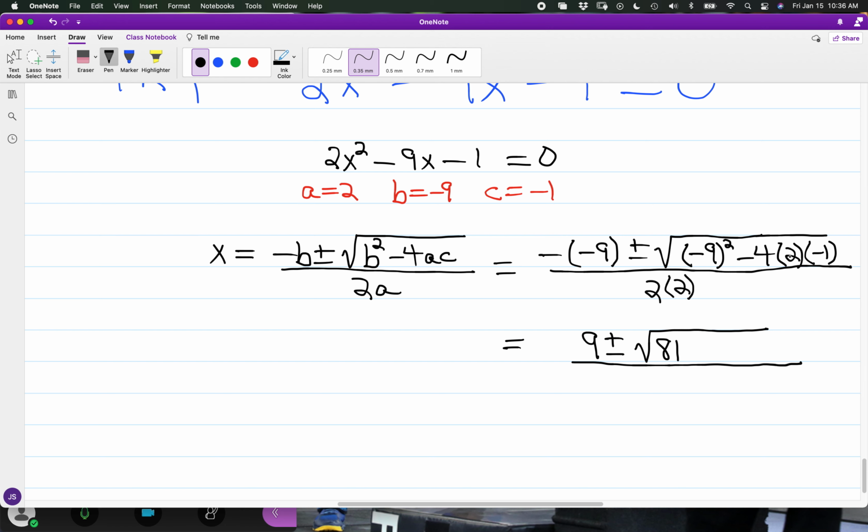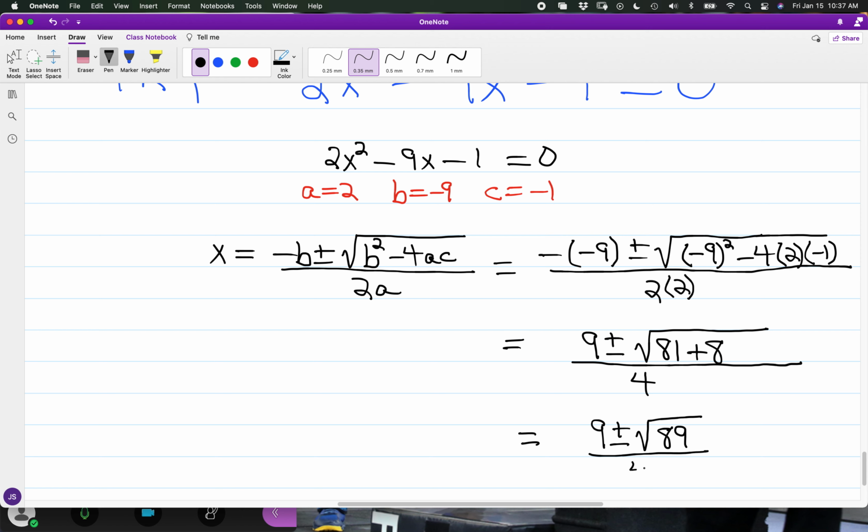And then negative 8 times negative 1 becomes positive 8. And then in the denominator, we have 4. And so with the solutions, we have 9 plus and 9 minus the square root of 89